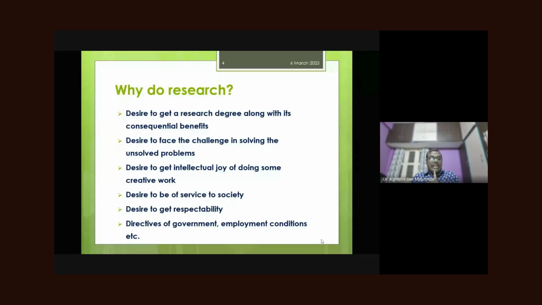So first of all, why do research? Why should we do research? The first point is the desire to get a research degree. That is definitely there. Initially, why are we doing the research? Maybe we have to complete our master's project or we have to complete our